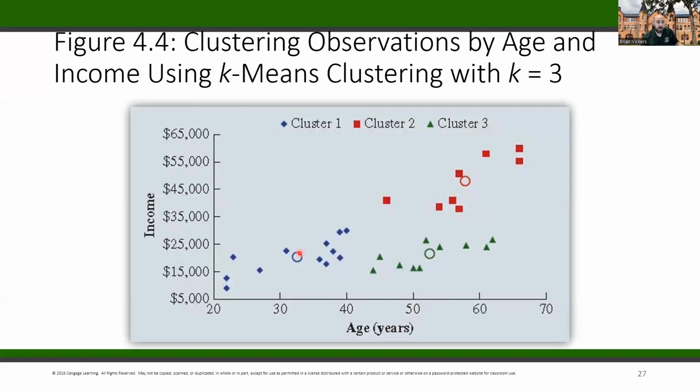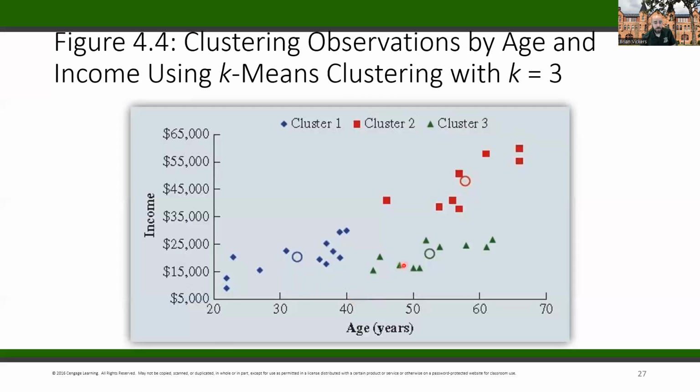So we have a value, an average of all of these, so the mean of all the ages, the mean of all of the incomes, and that's this round circle here. And that's cluster 1 in blue. In red here, we've got cluster 2, and you've got the mean of all those. Cluster 3, you've got the mean of all those here. And that gives us pretty distinct